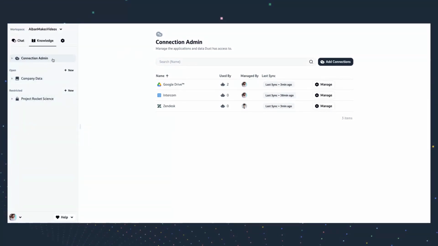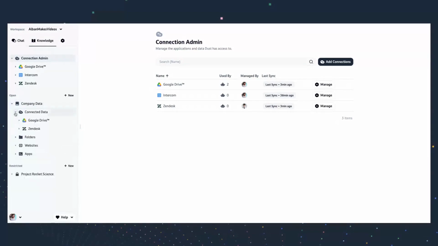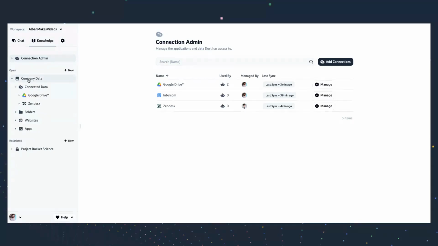And so the connection admin tab is only visible to admins. If you're a builder, you won't see that tab. You will only see the spaces that you have access to. And so the spaces look a little bit similar. If you open that and you open that, the connection admin is basically the data you connect to Dust, and the spaces under it is basically the data that you will pick from the connected sources and that you will